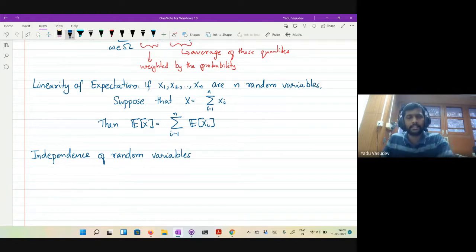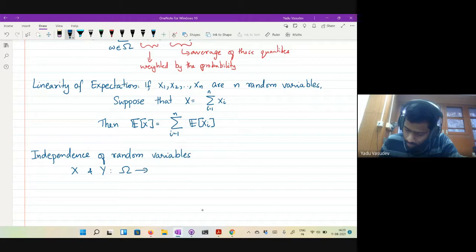In the case of independence of events, we asked: if I tell you that event E1 has occurred, what is the probability that E2 will occur? Is it the same as the probability of E2, or does it change depending on the knowledge that the event has occurred? If the probability changes, then you say that E1 and E2 are dependent. Similarly, for random variables, say you have two random variables X and Y.